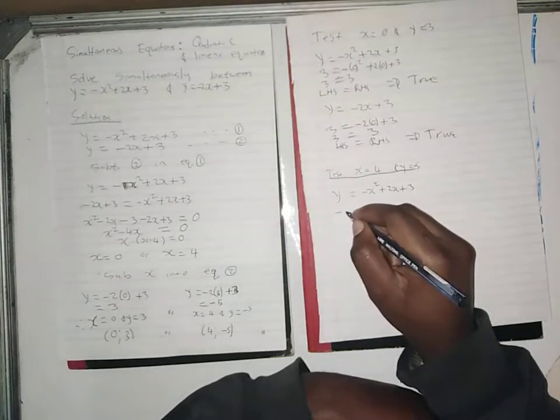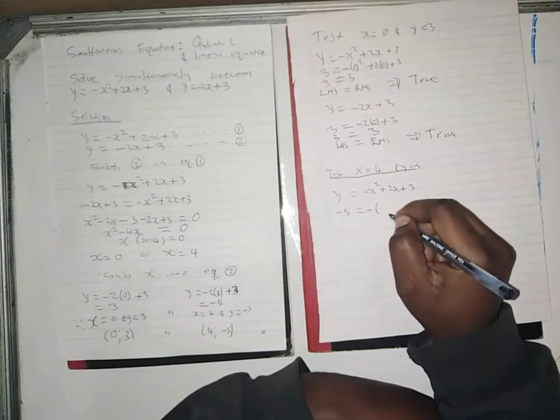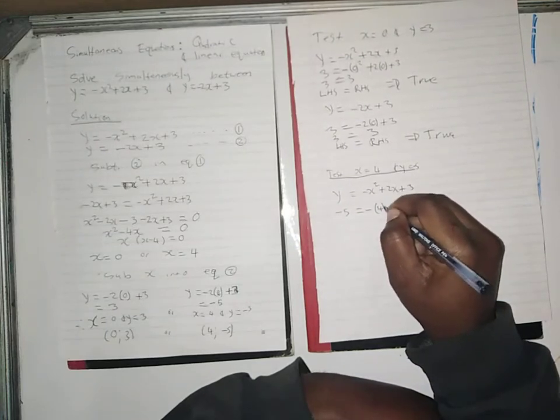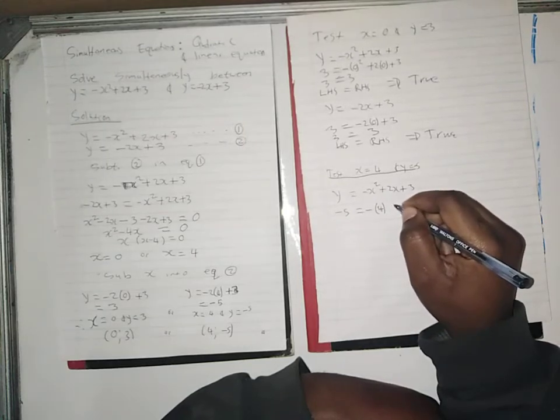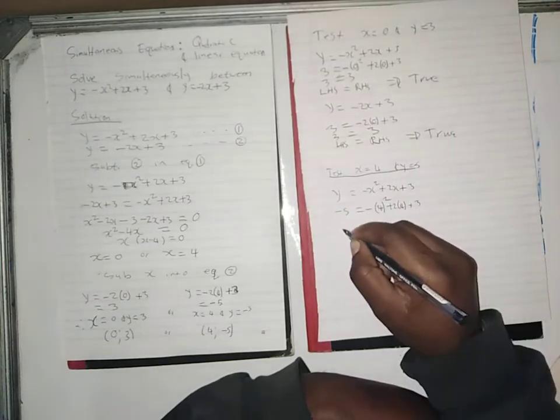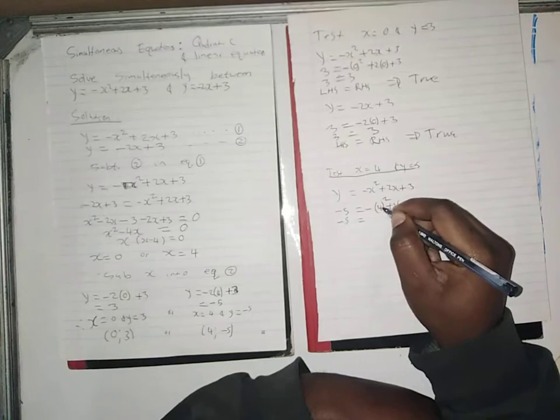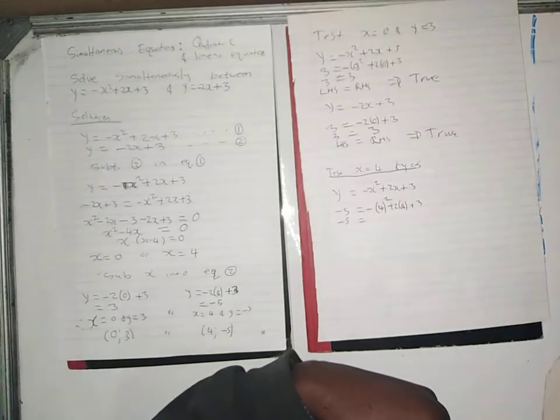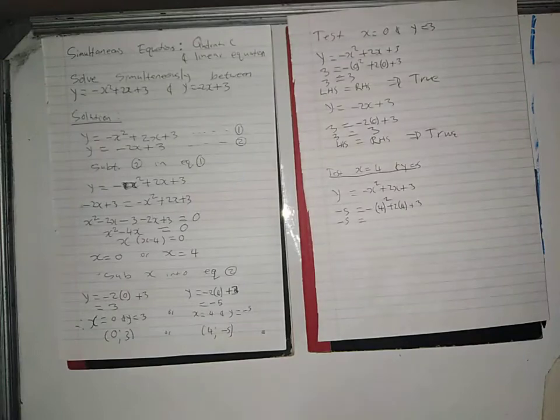So minus 5 is equal to minus, and then in place of x we put 4 squared plus 2 times 4 plus 3. Okay, there's this squared here. So, guys, just to save time, put this thing on the calculator literally as it is, and then when you put it on the calculator, then what you will find out is that